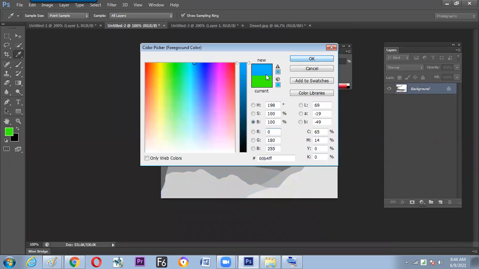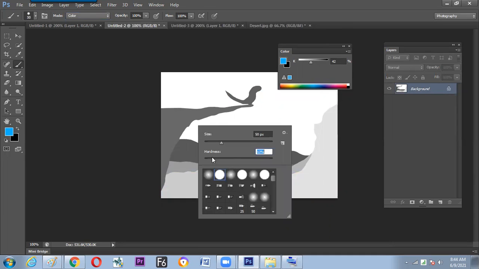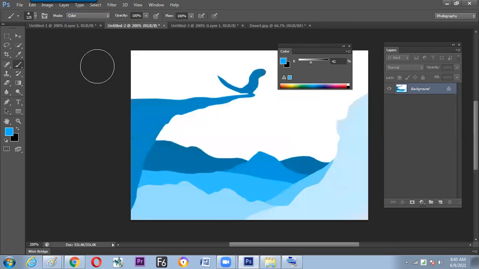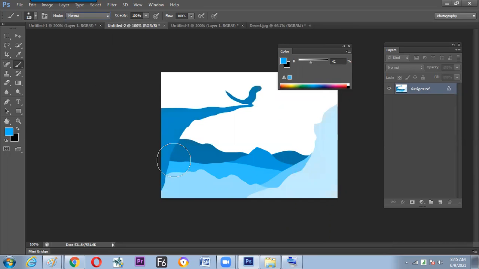Now take the brush. What are the things we have learned now? Let us implement. The skeleton happened. Now switch down to the last mode called color. Now the same brush will start painting this hardness down and colorful. Can you see now? How does the color come? Automatically the color is taking the darkness and lightness. So now we have understood how this brush with a different color mode can help us. If the same brush is in normal mode, it makes it flat.